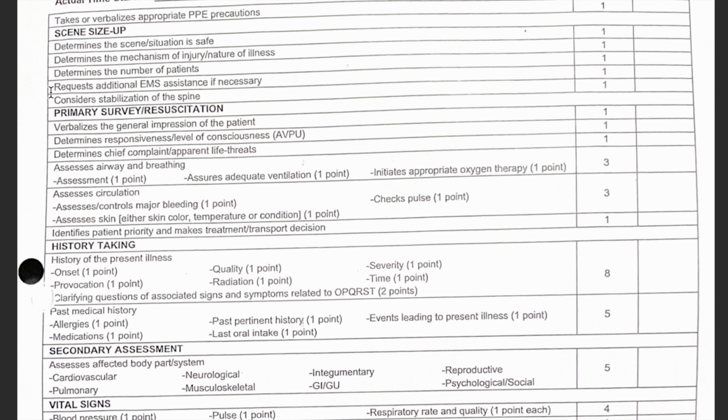So the next point down is going to be request additional EMS assistance if necessary. So you might have to call for additional ambulances. You might have to call for ALS. You might have to call for a critical care helicopter or ambulance to show up. You might need the fire department there. You might need police there. You might need animal control. You might need the utility company. Those are all going to be some examples of the assistance that you might need, and that's going to be